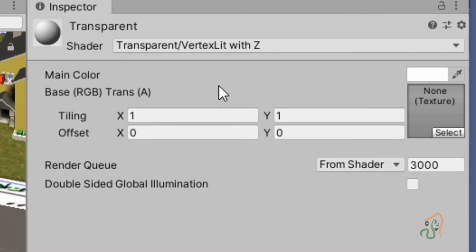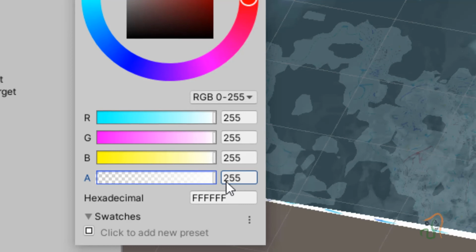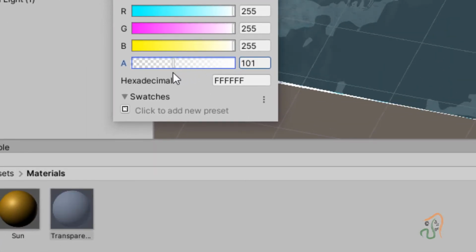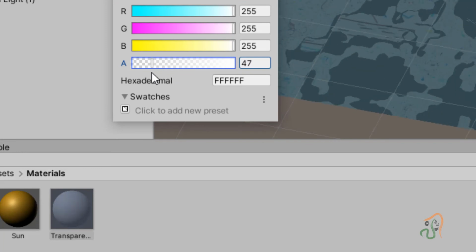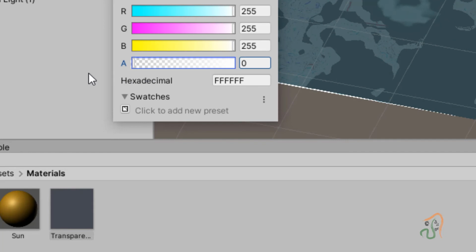Next you have the main color here. In the main color, click on this color, and in this color you have 4 channels, RGBA. A represents alpha. Here 255 means it is completely opaque, and as we move it towards the left it becomes transparent, and if we make it 0, it becomes totally transparent.